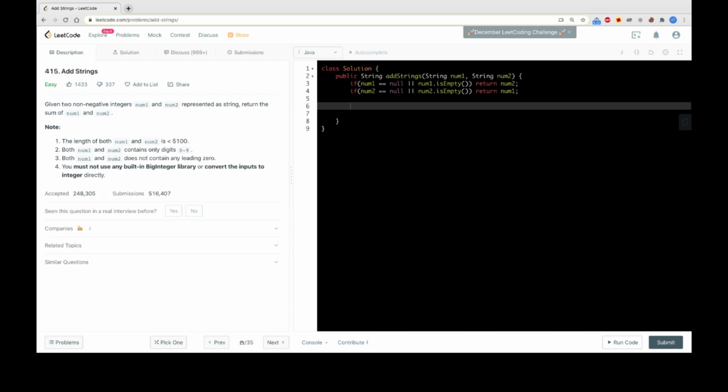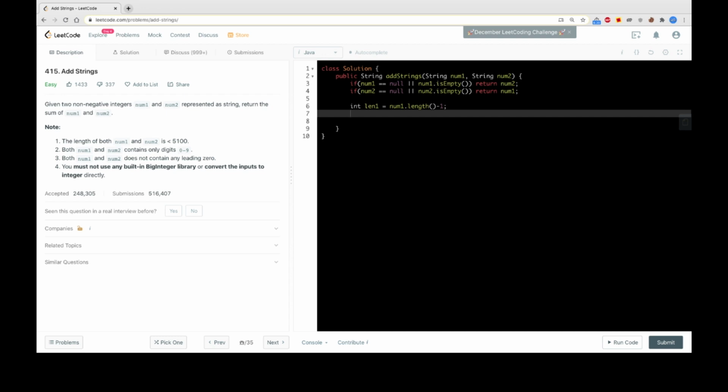Now suppose these corner cases are not satisfied, then we need to start adding these numbers. For this we need to have a length so that we will be able to traverse from right to left. So we will have the length of the first string minus 1, because we will be accessing the last digit and our string is 0 based index.